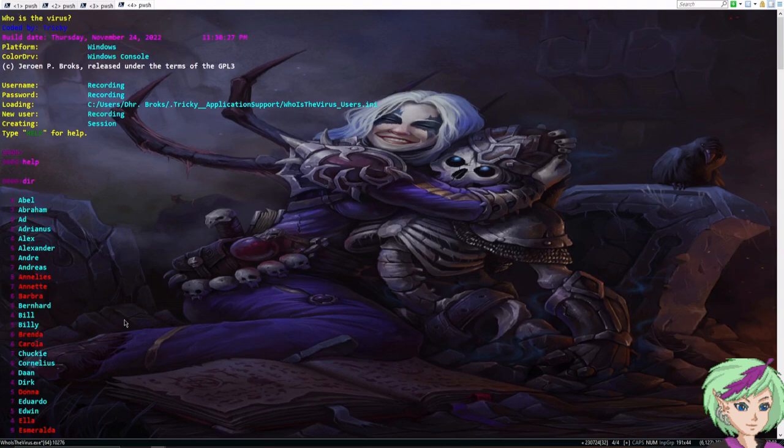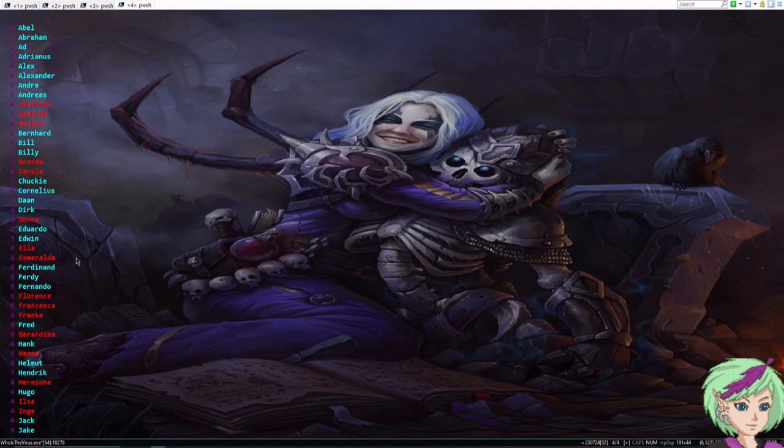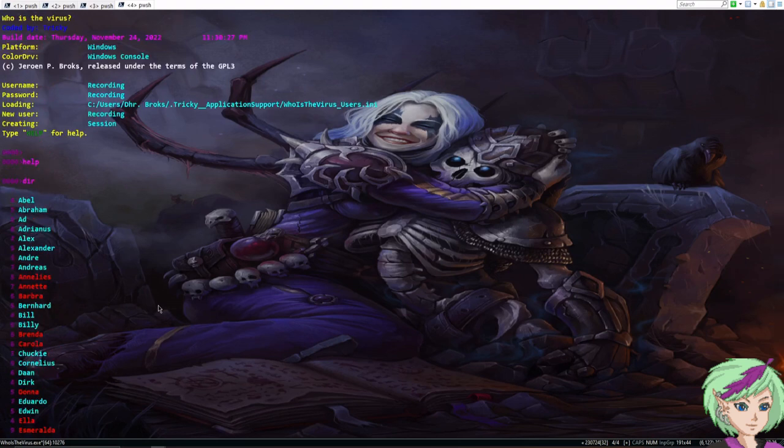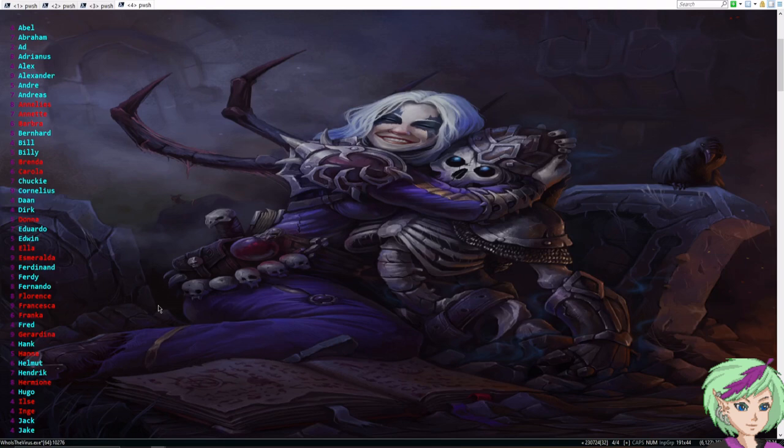Now all the names colored in cyan are considered boys' names. All the girls in red letters are considered girls' names. These purple numbers in front of them is just the number of letters that the name has. The name Penelope has 8 letters, the name Quint has 5 letters, etc, etc. Of course, the first file that you open in order to get yourself a hint is always a bit of a wild guess, as you never know where the virus is. So if you have a bit of bad luck, then you could open the virus immediately.